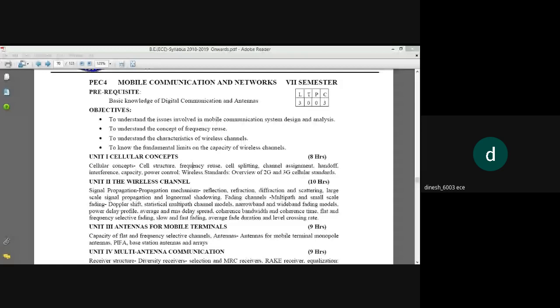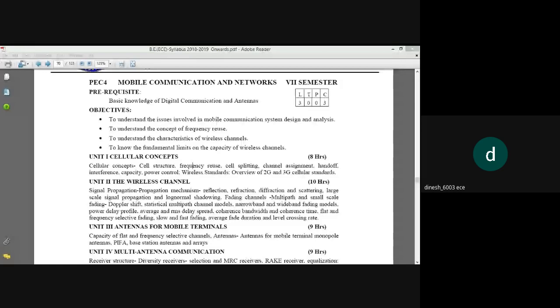Why we go for communication? The main reason is to minimize your cost of expenditure on travel, to minimize your efforts on the travel expenditure, in order to convey your information to the desired person or to the desired point,